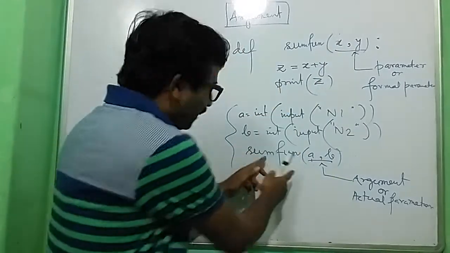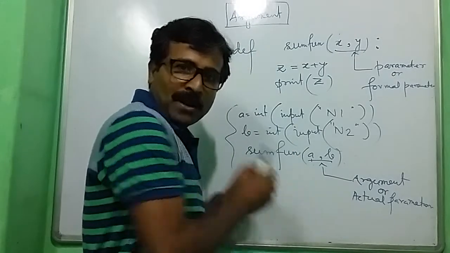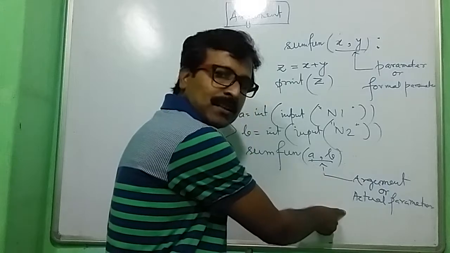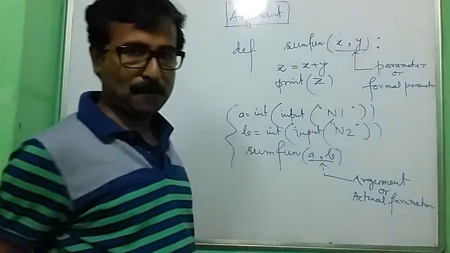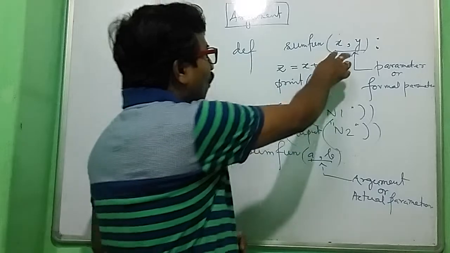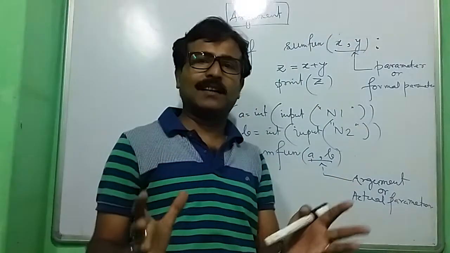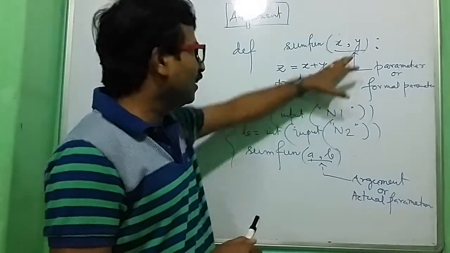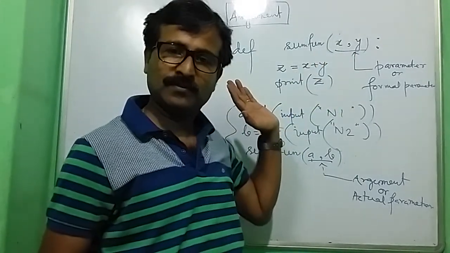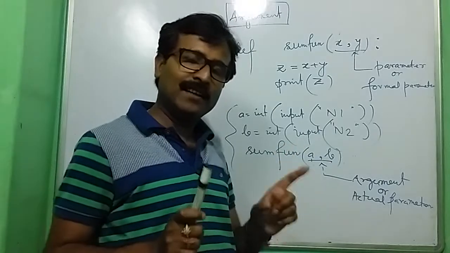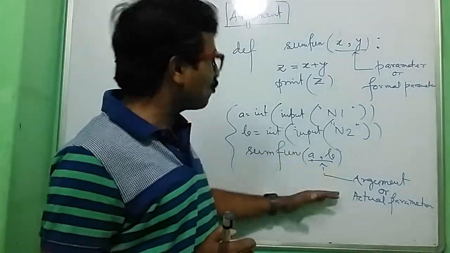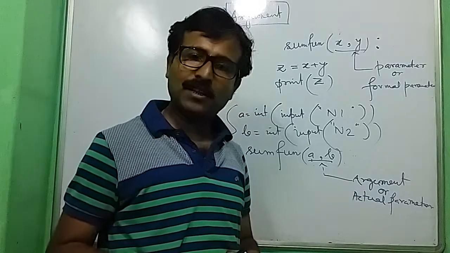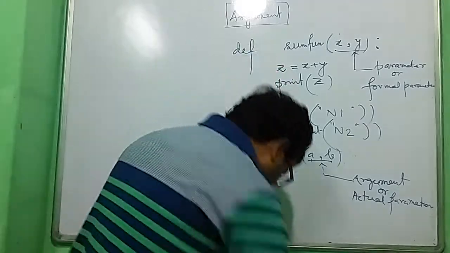So that is why these are the actual variables where you have the value. So that is why these two are called actual parameters and also called arguments, right? And over here these are the formal ones. Whenever you call, it will get the value. Don't call, it will have no value. Understood? So that is basically the difference between actual parameter and formal parameter. Hope I could make it clear, right? Fine.